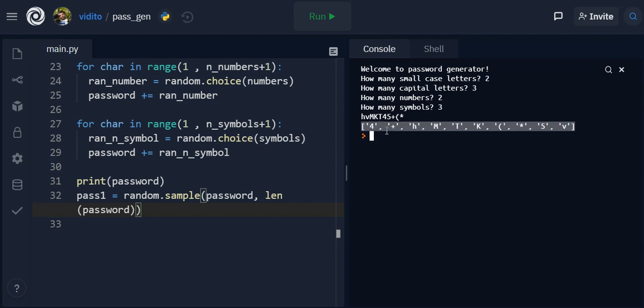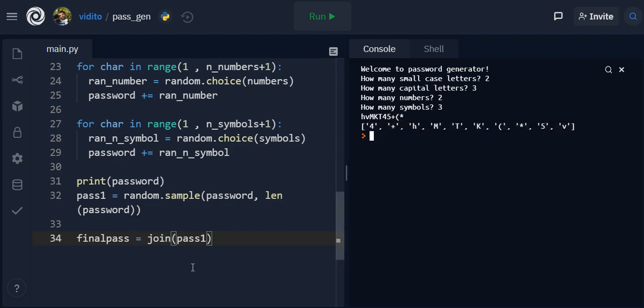Now I want to stick them together, right? Join them together. That's why I need to, final pass is going to be join pass1, but it doesn't work like that. But wait, so we need to say we have this pass1 and we want to join all the items in pass1, but Python wants to know how do we want to join them. Do we want to join them using a comma or some space or some dashes or some whatever letter in between them? That's why we need to specify,